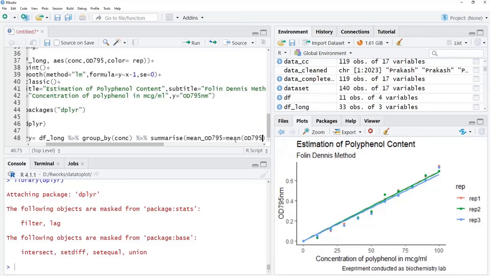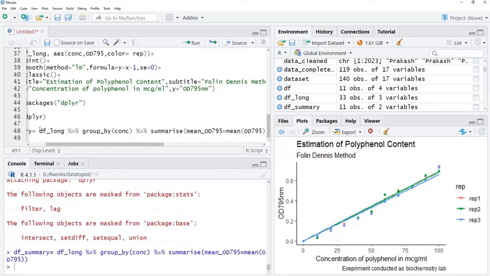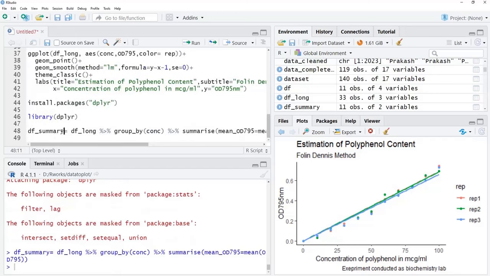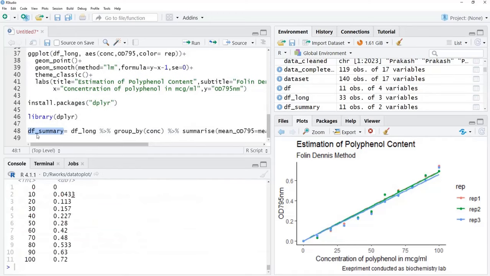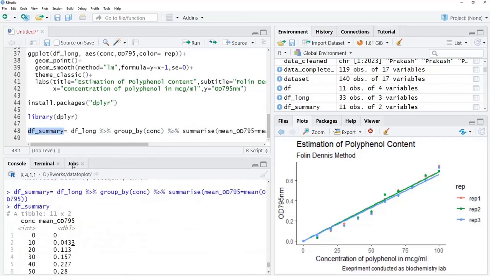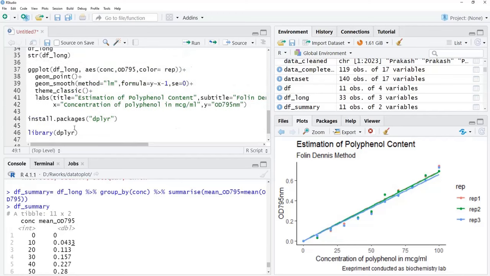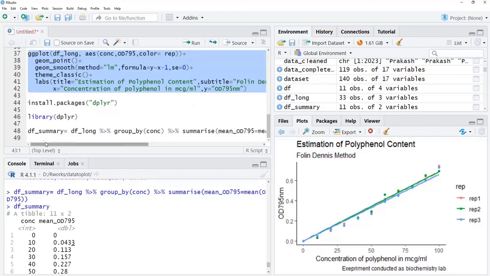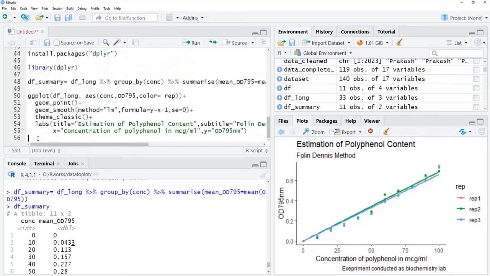Okay. And when we run that, we'll get the summary table where concentration and mean values are there. Now this summary table we will plot. I will just copy this and bring that here, paste the code, and this df long I will change with summary, and in very little time we can get the plot, concentration,